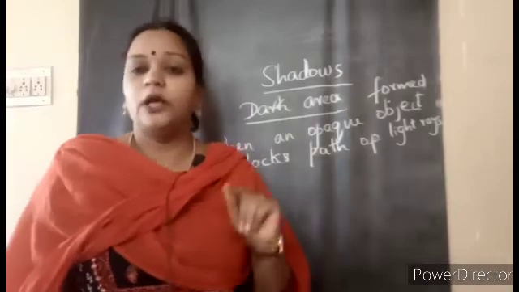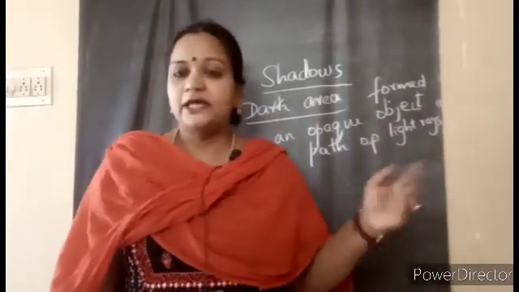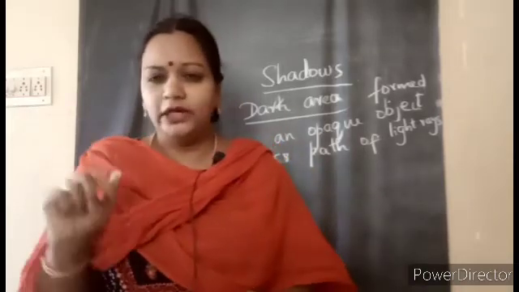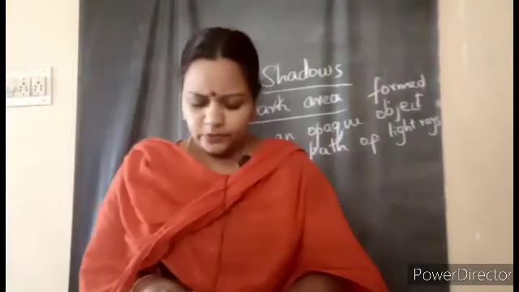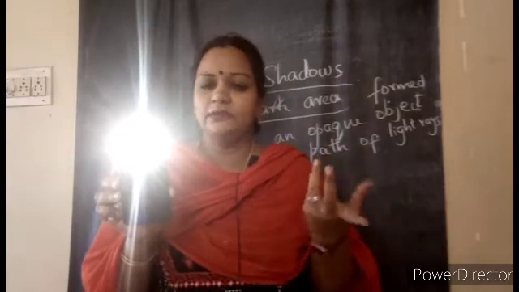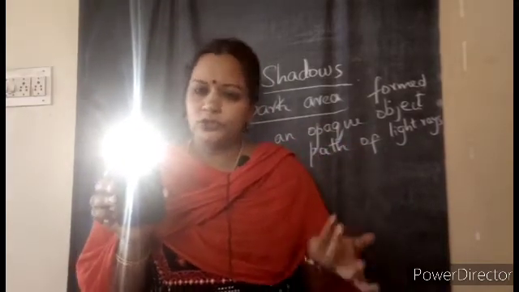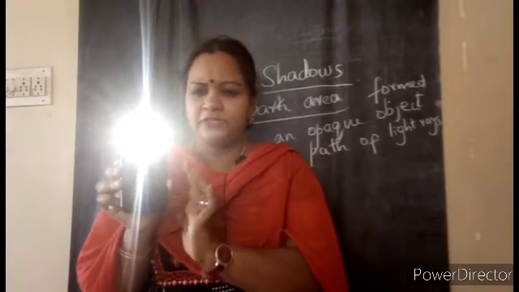Yes, children. So now you are imagining your shadows, right? For forming a shadow, by now you know that you need a source of light. Let us see, children. See here. Here is a source of light. Like this, anything can be. Anything means any luminous body can act as a source. You know that source of light. Here I have taken a flashlight from the phone.